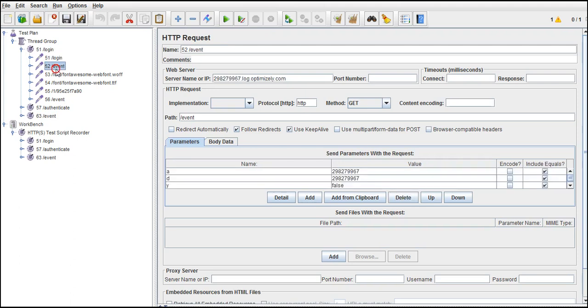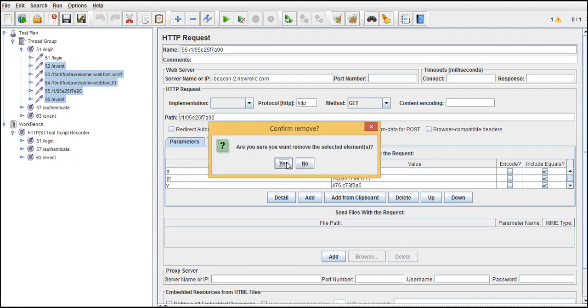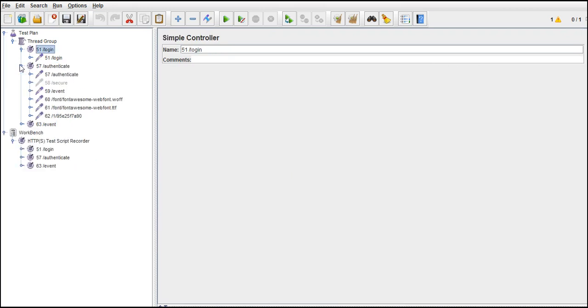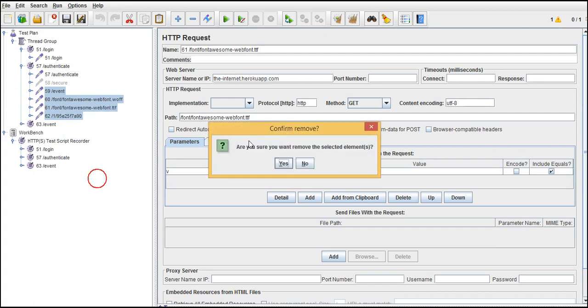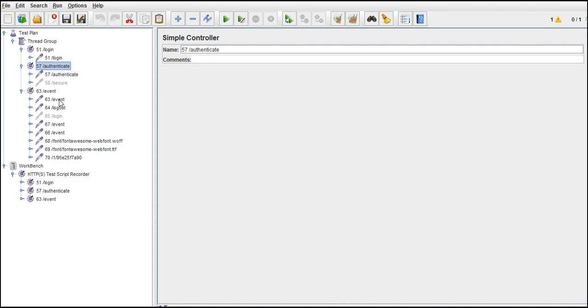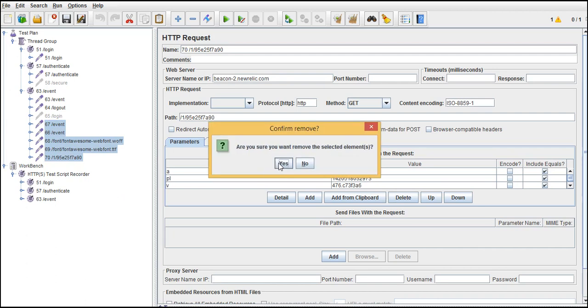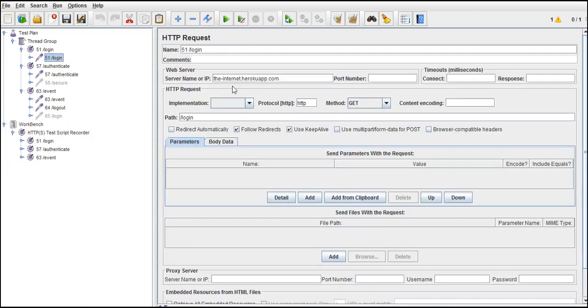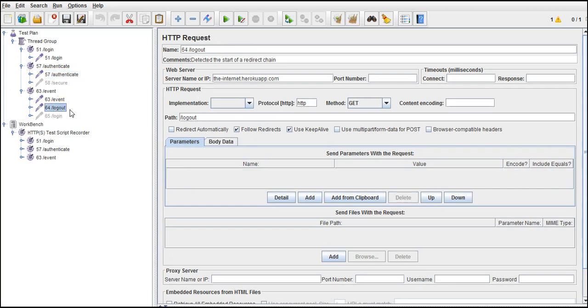I guess these are not required for us. Let's delete this. Authenticate, event, even these are not required for us. This is logout, I guess. Let me delete all this. Okay, cool. First login, then it tries to enter credentials, and thereafter it logs out.